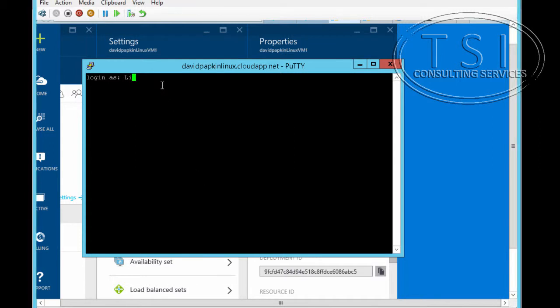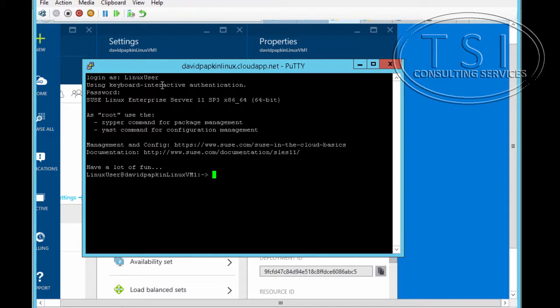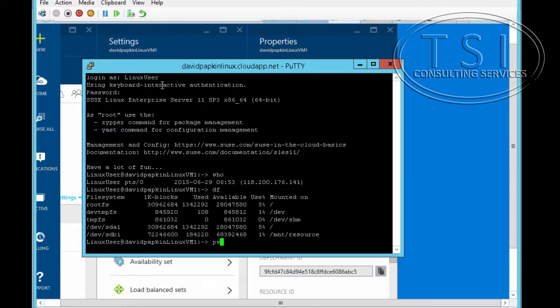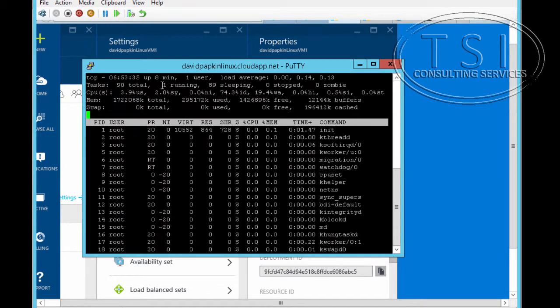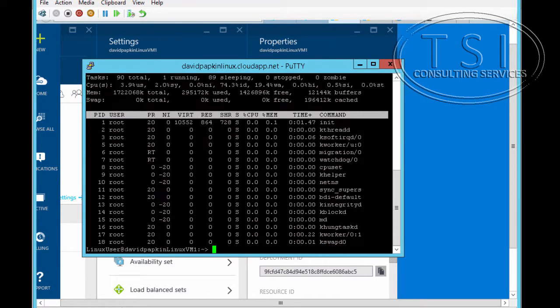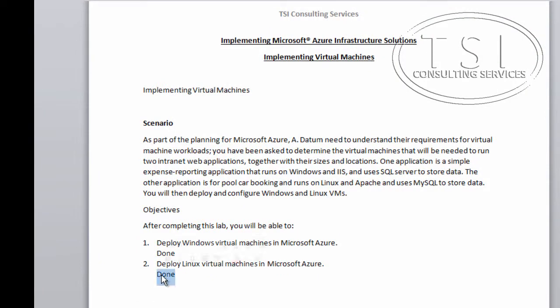Logging in as a Linux user and password 123. Because remember when I created a quick VM, I set the password and the user in there. So that's propagated inside. Linux user, dir, df, processes, and then top, which is text-only processor, real-time process monitoring. Okay, well that will conclude